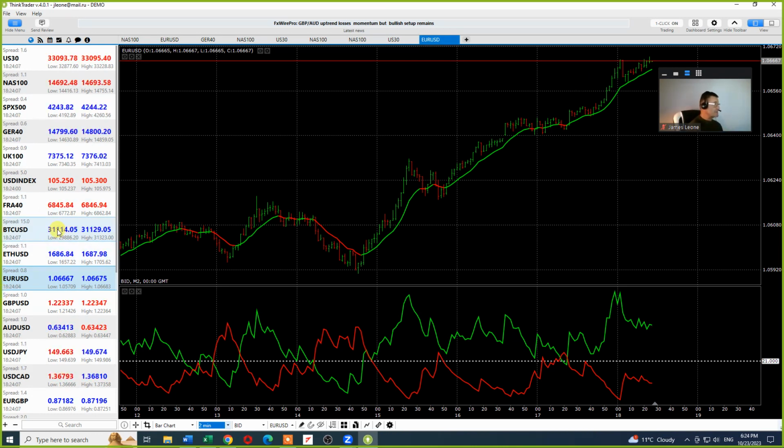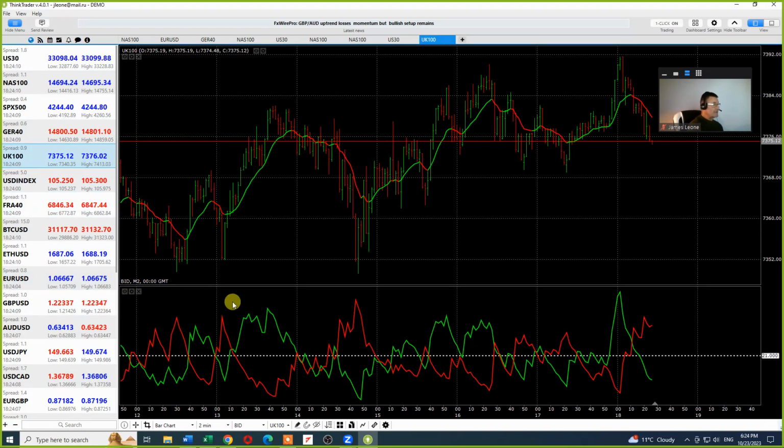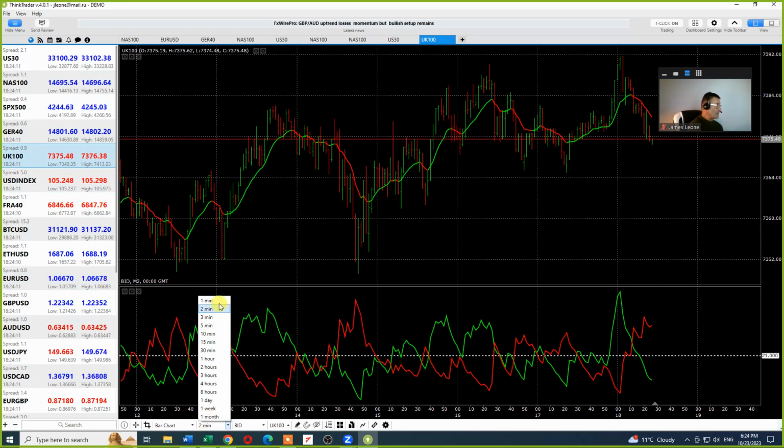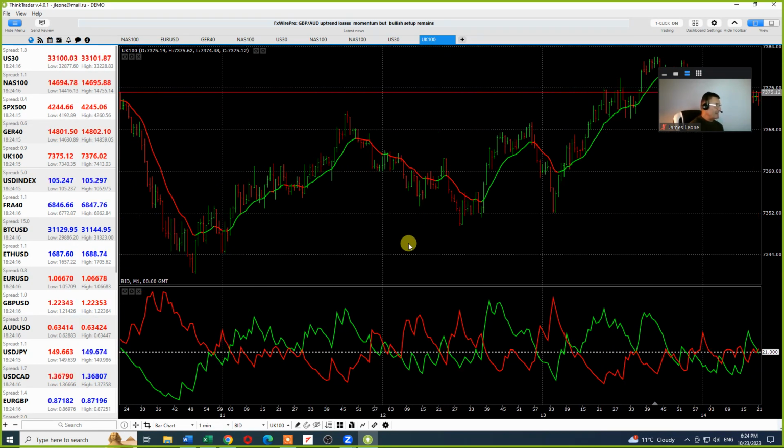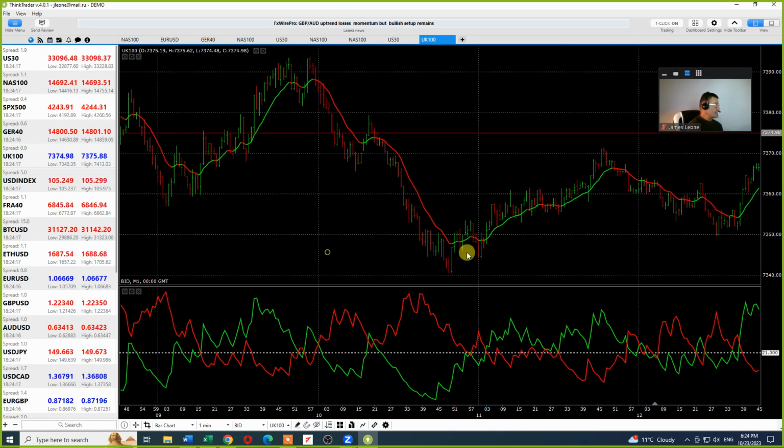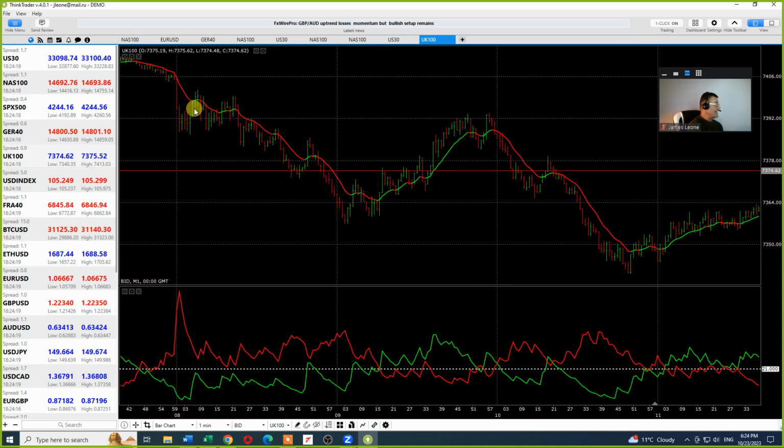Otherwise, if you're going to use an index, there's FTSE, for instance, I would absolutely applaud going with a 1 minute. Now, it's late in the day for FTSE, but if we go back to earlier in the day, there you go. There's 10 a.m. There's 8 a.m. London is open, and sell, sell, sell, sell, sell. There's no buy signals, so you cannot buy that. But there are sells